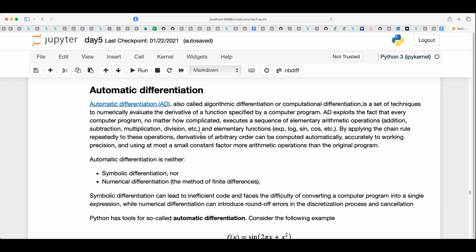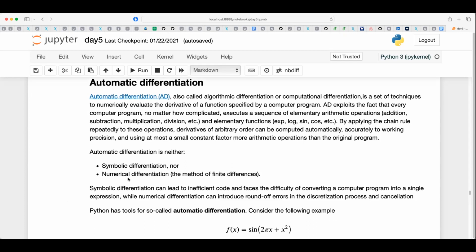However, when it writes the analytical expression for the derivatives, this may not be an efficient code to compute the derivatives. So automatic differentiation is actually much, much better. And I will show you examples of that next week when we start discussing neural networks. And then hopefully you will see more of the beauty of